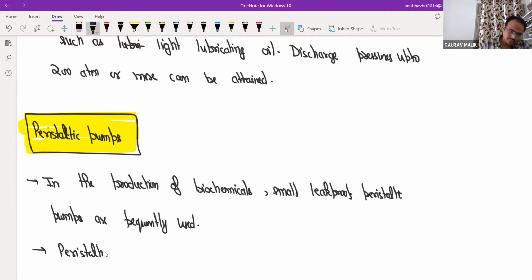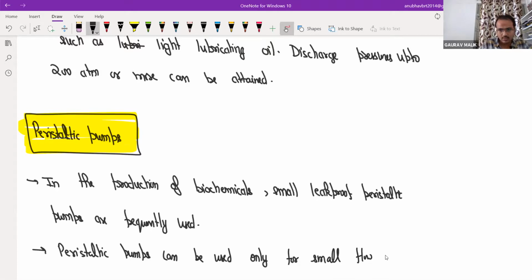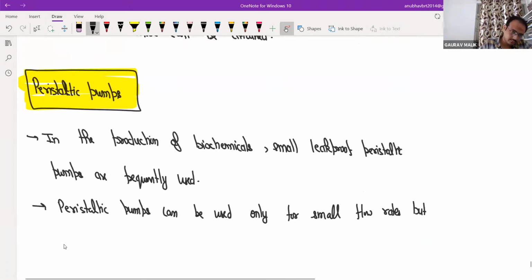Peristaltic pumps can be used only for small flow rates. But they offer the best choice, though an expensive one,